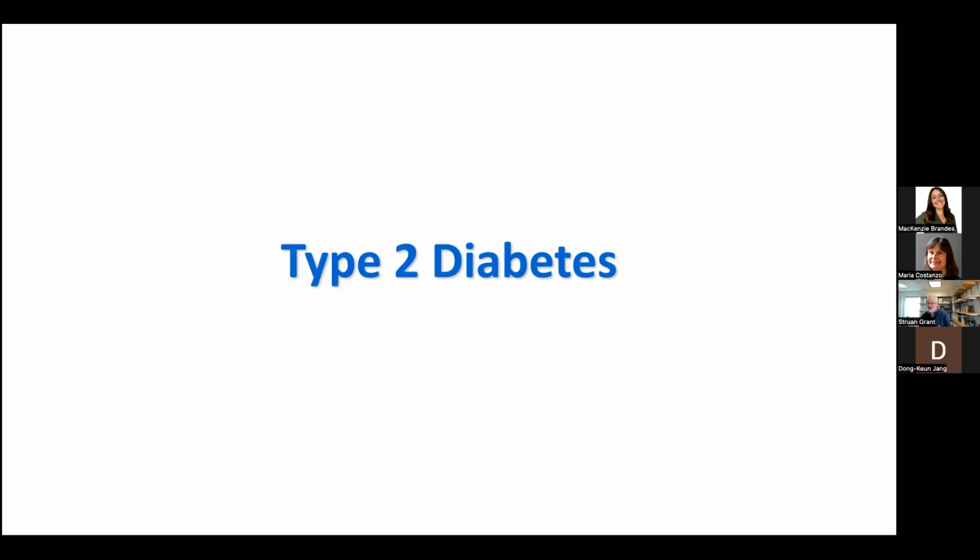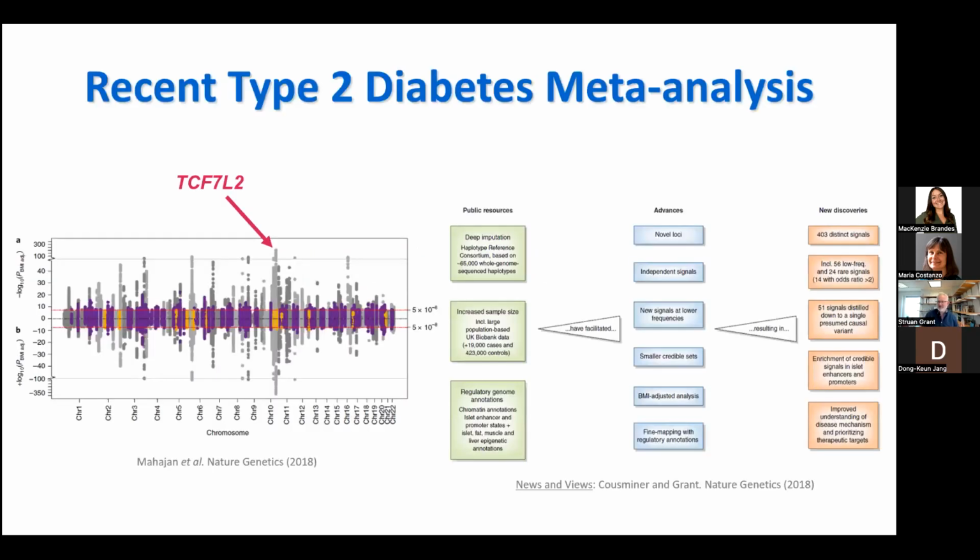So the first example I want to give you, and how it really got me into this follow-up game as opposed to just being a GWASer, was in the context of type 2 diabetes. I was working in type 2 diabetes many years ago. I'm not so active now on adult type 2 diabetes, but I did have an early success. This is one of the more recent GWASs of type 2 diabetes, and the sort of Empire State Building signal, the top signal for type 2 diabetes, is at the TCF7L2 locus.